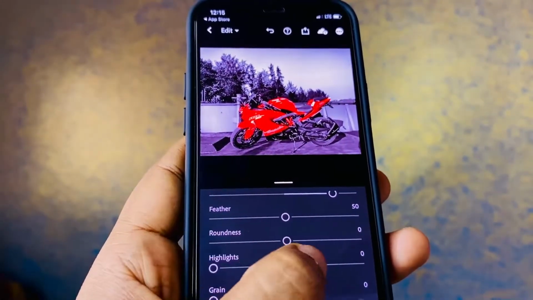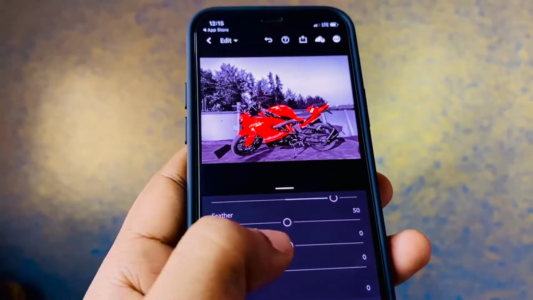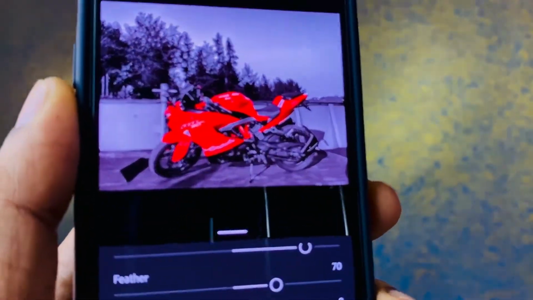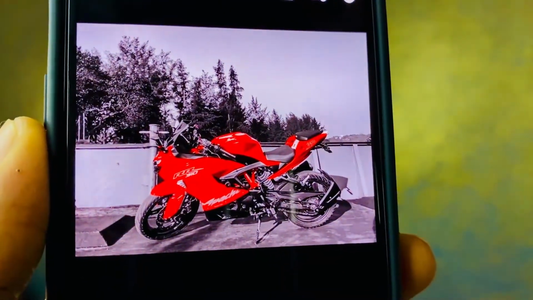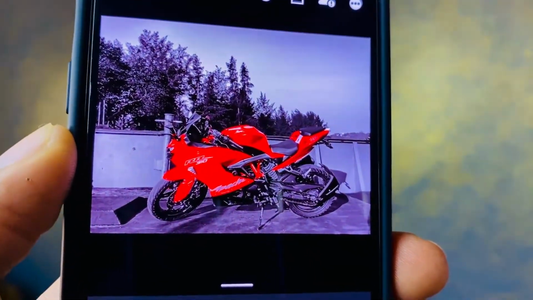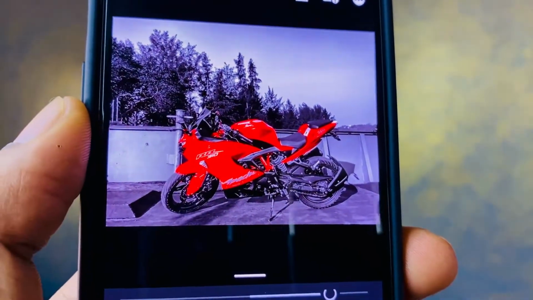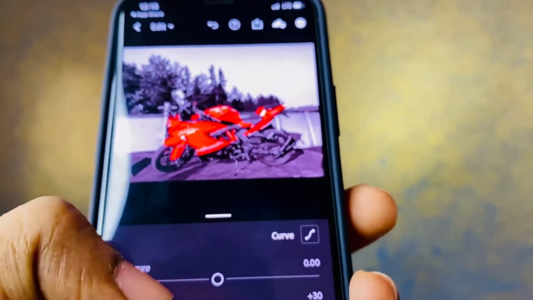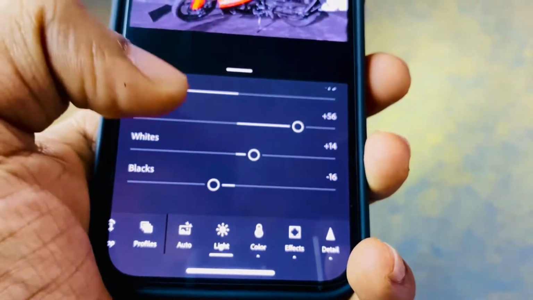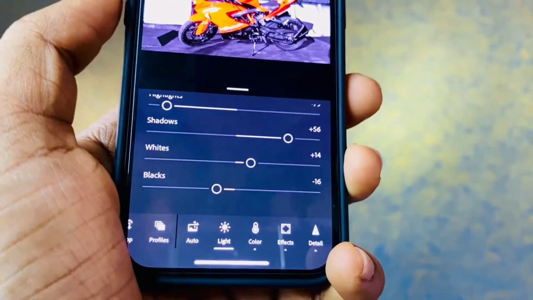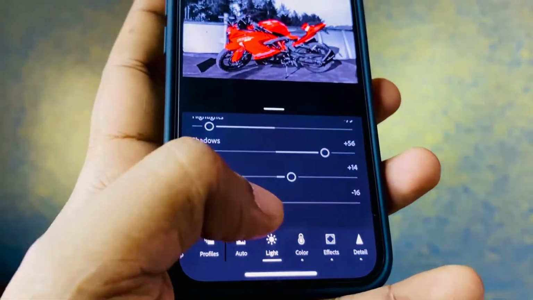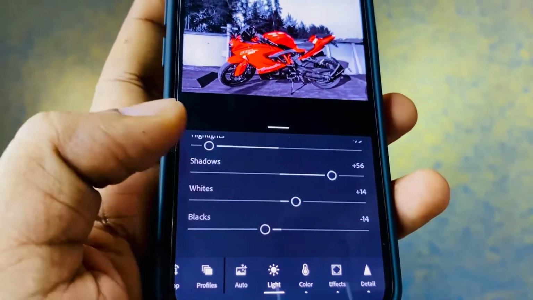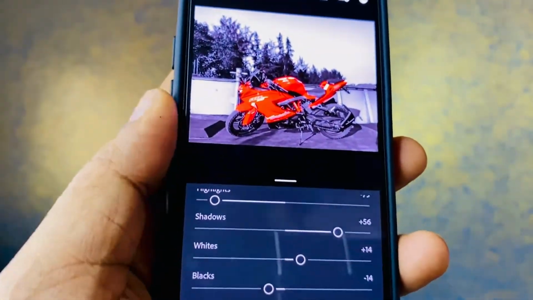So what I do is I use a high midpoint, then even the highlights I decrease it, and then later on the feather effect and other things are changed. So this is all your personal preference, guys. You all can change it, but this is mainly how you all get a monotonic image which just looks like black and white, whereas a red something like the bike is red. So other things include a high contrast image, and you all can even change something like shadows, or even the other parameters such as the blacks. You all can play even with the whites.